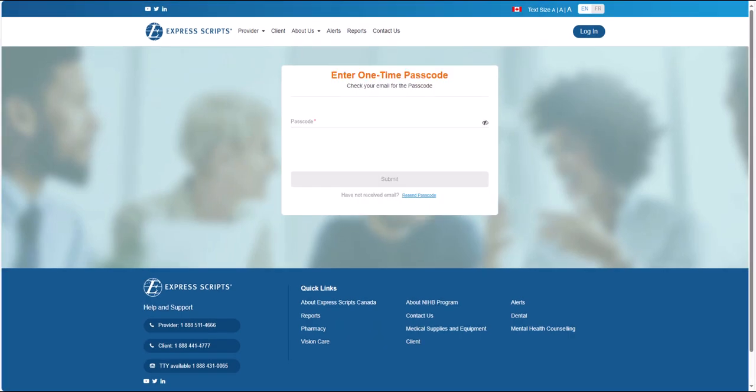Once you pass the privacy notice, you will be redirected to a web page where you are required to undergo multi-factor authentication. You will receive an email to the email address registered to your NIHP web account. Within the email, there will be a 6-digit one-time passcode that you are required to enter in the displayed screen. Enter the 6-digit one-time passcode in the Enter One-Time Passcode field and click Submit. Once the system authenticates your passcode, you will be redirected to your NIHP web account. Please note that if you enter the wrong passcode, an "invalid passcode, please try again" message will appear on the